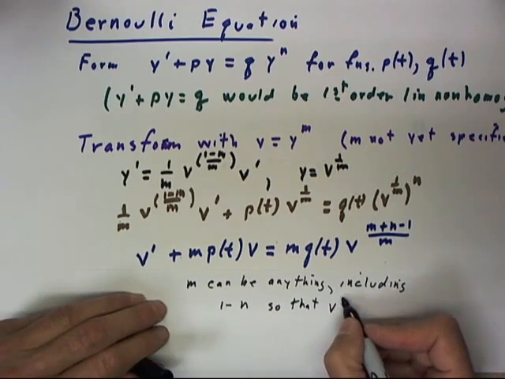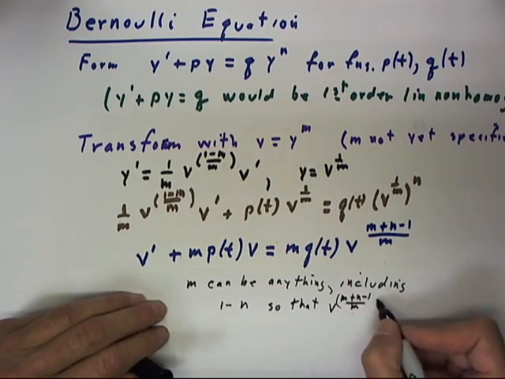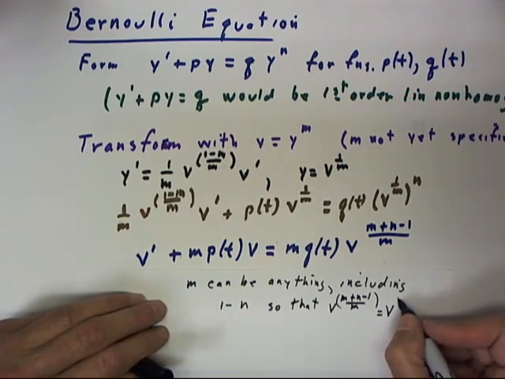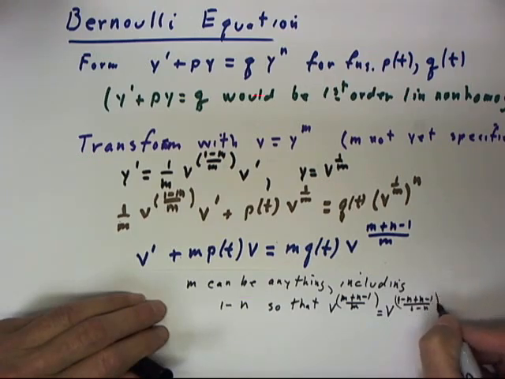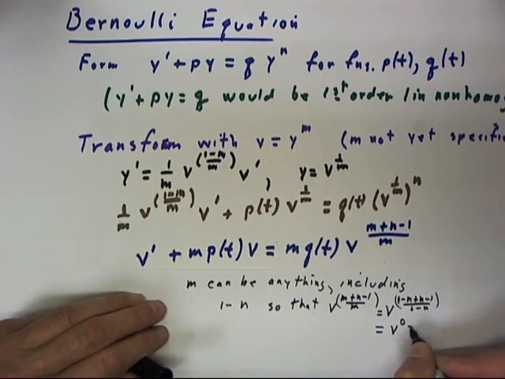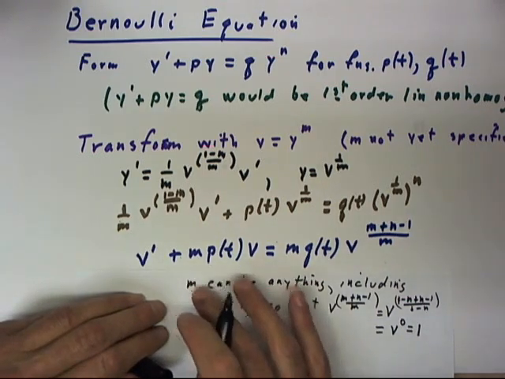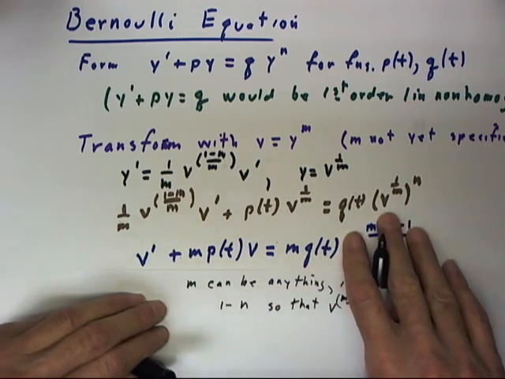So that v to the m plus n minus 1 over m equals v to the m to the 1 minus n plus n minus 1 over m. Well, over 1 minus n if we like, but that doesn't matter, which is v to the 0, which is 1. So if we simply let m equal 1 minus n, we wipe out this term, and we have a